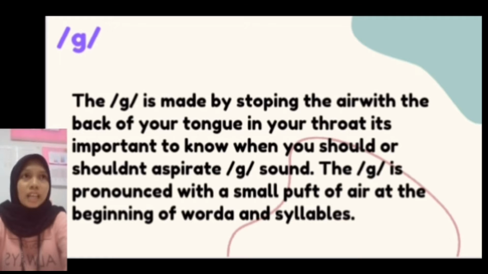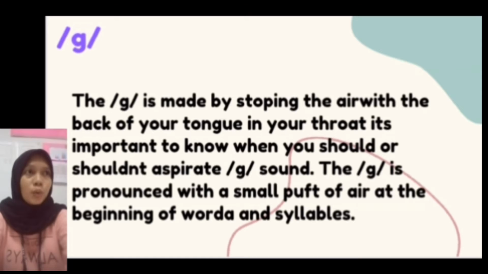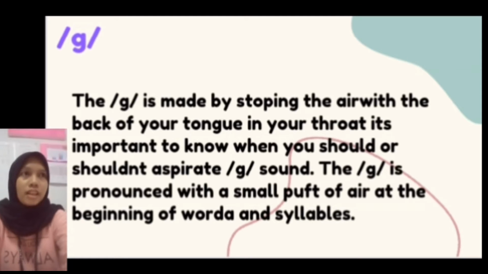The k is made by stopping the air with the back of your tongue in your throat. It's important to know when you should or shouldn't aspirate the g sound. The g is pronounced with a small puff of air at the beginning of words and syllables. Example: